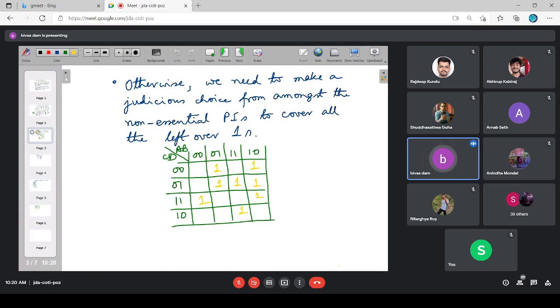Now here, for example, I have given one map. That means from any arbitrary design, I have one corresponding truth table, and that function is